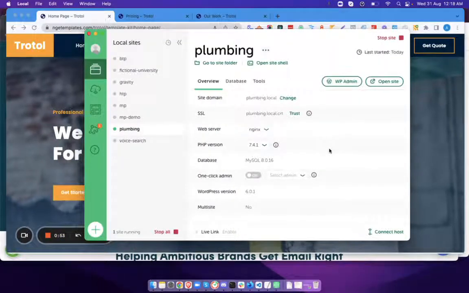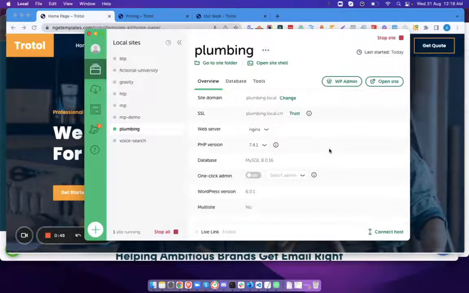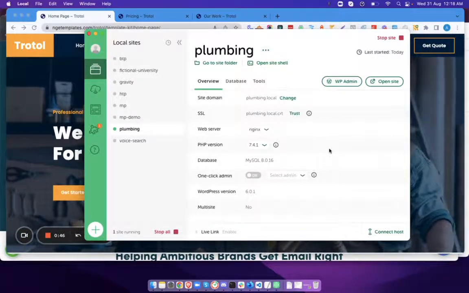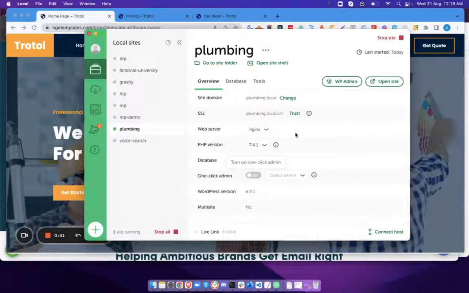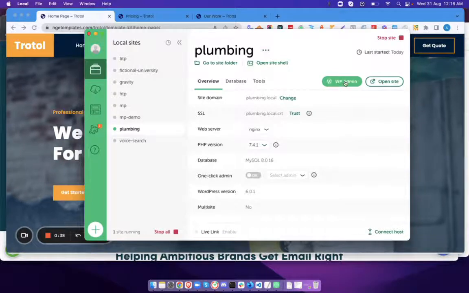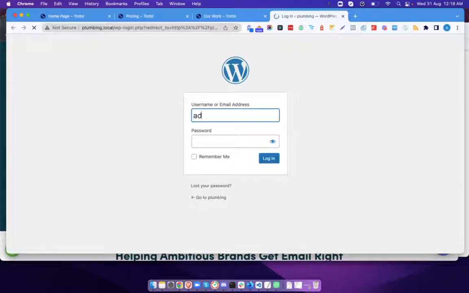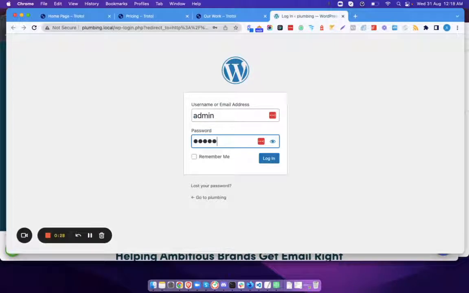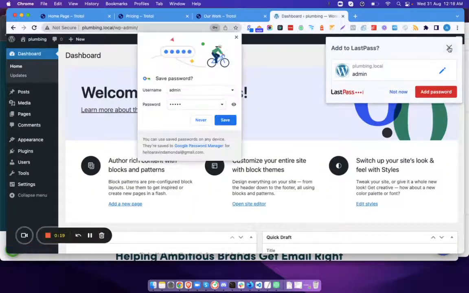Okay, so our website has been installed and I'm going to do a quick thing here before I open the WP admin. I'm going to click on one-click admin and I'm going to show you why I'm going to do it. So when you click on this WP admin, it will open the admin page for you and you have to add your username and password here. You have to type it every time you want to log in, and then you get to the dashboard. But if you want to avoid that thing,